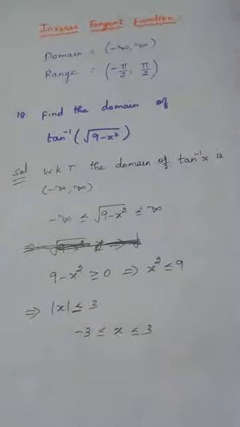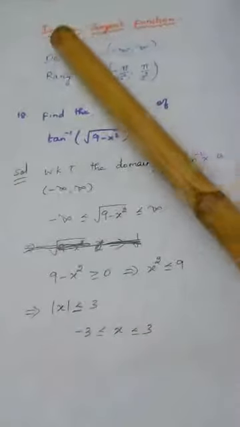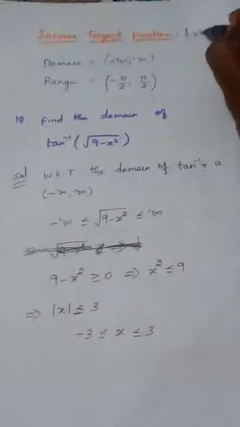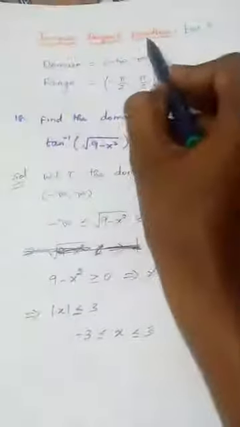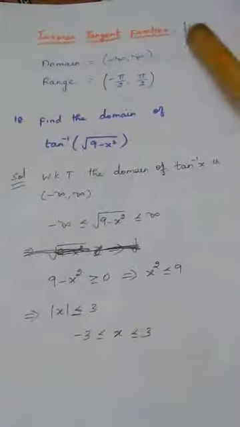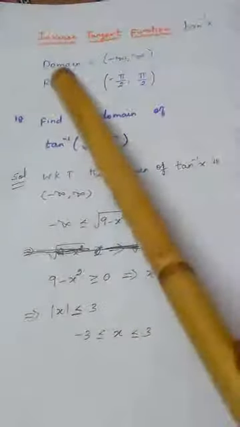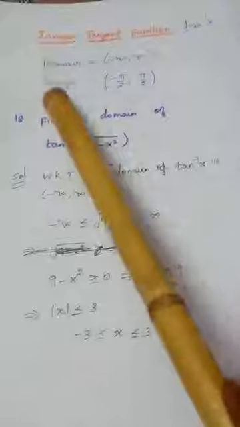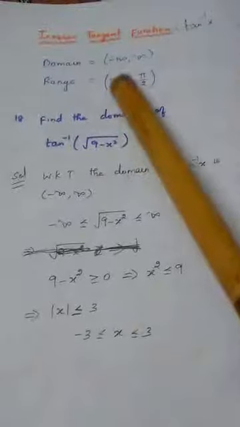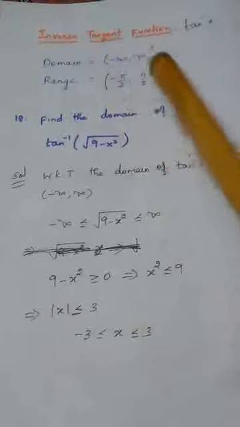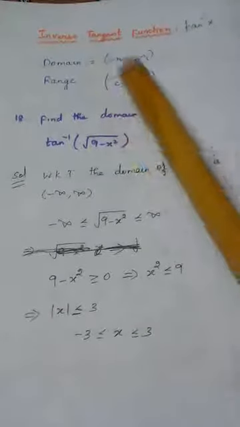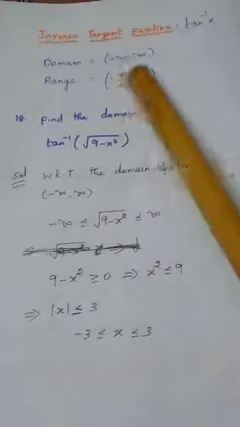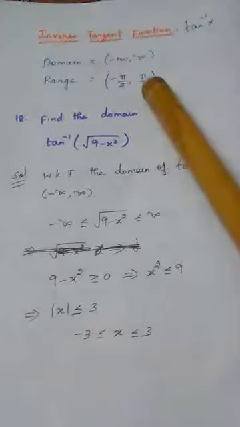Then we enter into the next inverse function called inverse tangent function, or otherwise can be written as tan inverse x. Once again remember, domain of tan inverse x is minus infinity to plus infinity. Range of tan inverse x is minus 90 degree to plus 90 degree, open interval. See, this is open interval. Domain is minus infinity to plus infinity. Range is minus pi by 2 to plus pi by 2, open interval.